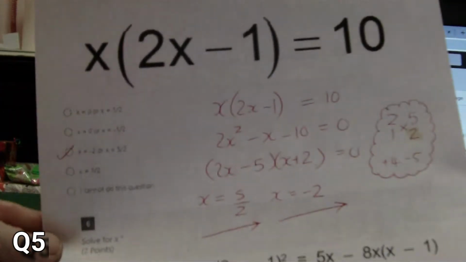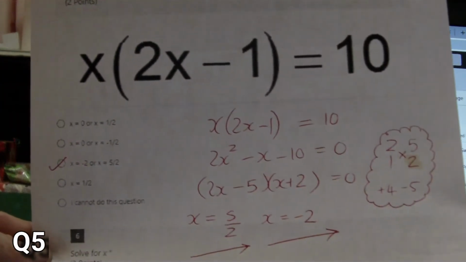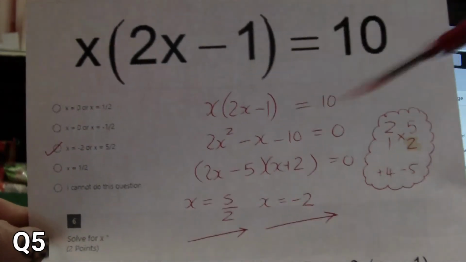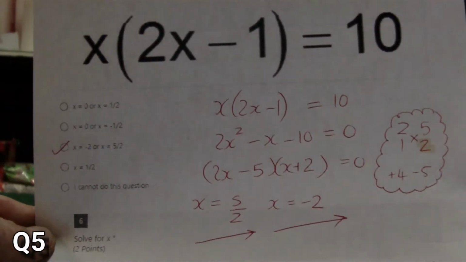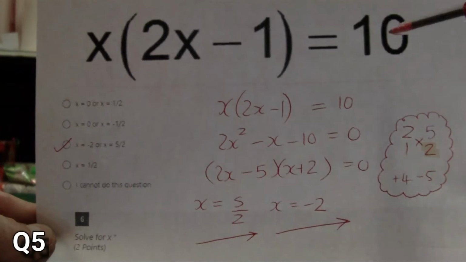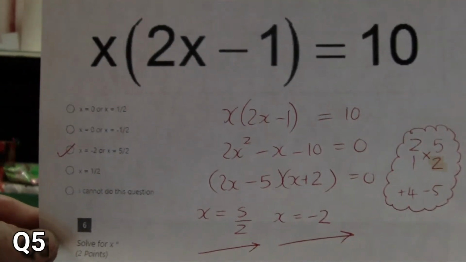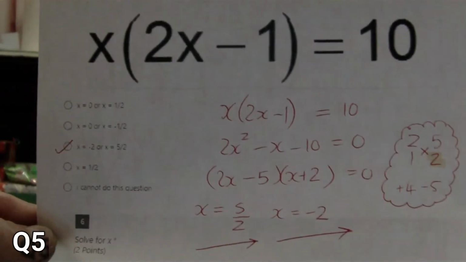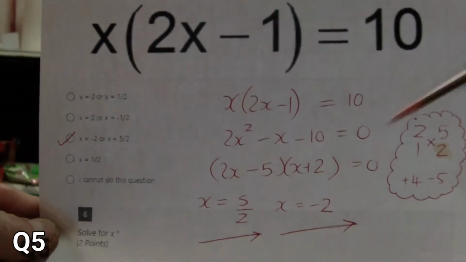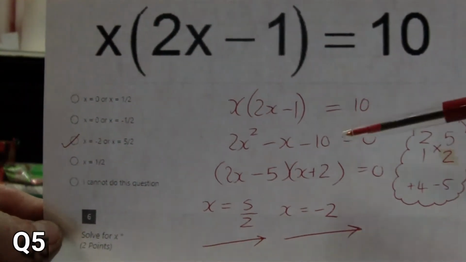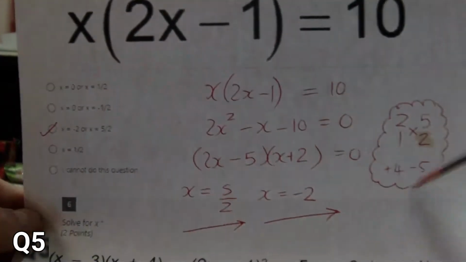Onto equations. Okay, it's just a quadratic equation. When you distribute, you're going to get that, and you must remember you want a 0 on one side for quadratic equations. So I just distribute, get everything on the left so it's equal to 0. You get this trinomial. You have to know how to do this